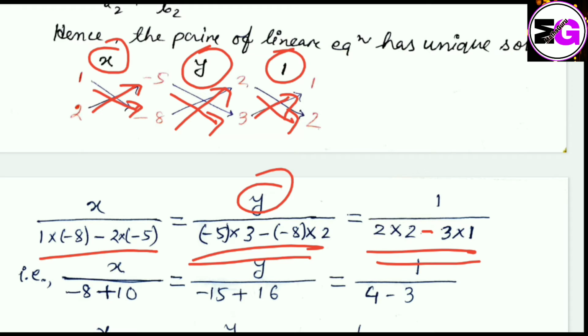After calculation, x by minus 8 plus 10, that is equal to y by minus 15 plus 16, that is equal to 1